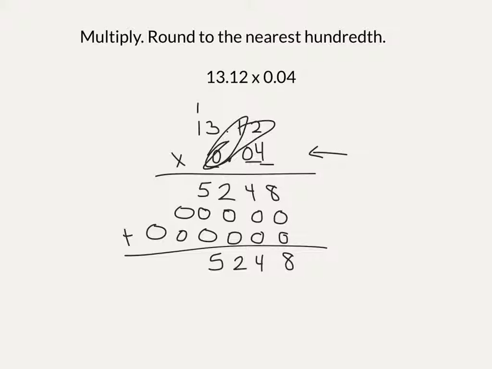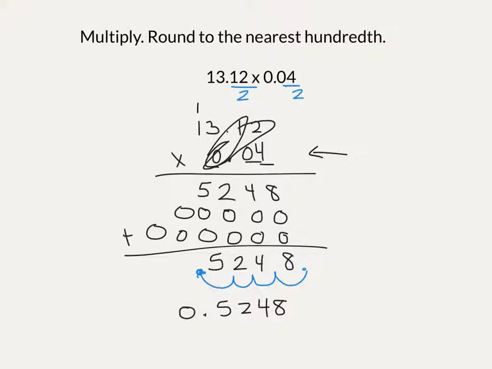Since this is a decimal, we need to add a decimal in our final answer, and you'll count the number of digits that are behind the decimals in the original problem. So in this value, we have 2 digits behind the decimal, and in this value we also have 2 digits, so altogether we have 4 digits. So that means we'll start to the right, and we'll move the decimal 4 digits to the left. So our final answer is